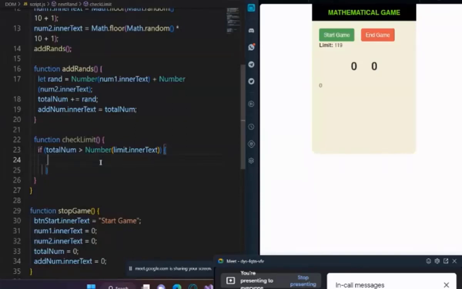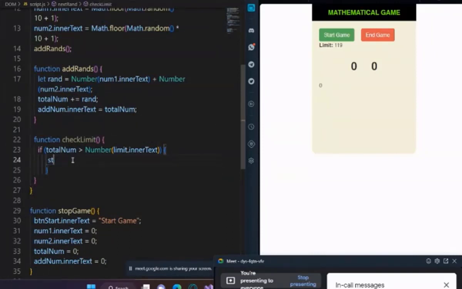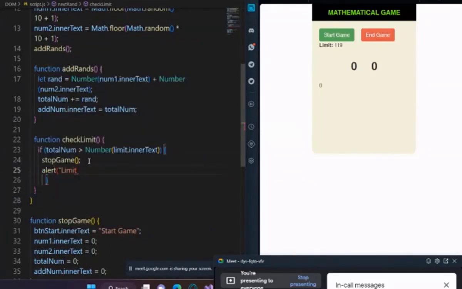So if total num is greater than the number, then we want to stop him. So we call this function. This function is a global function, but you can't call check limits anywhere inside except from here. Good. So after we have done that, we can stop the game, and then probably we give an alert. The alert would simply say,